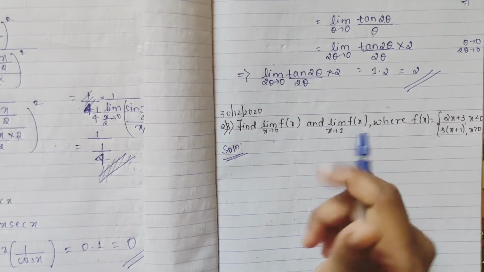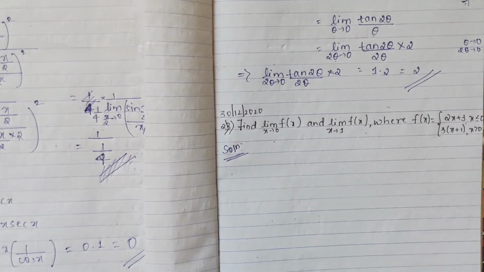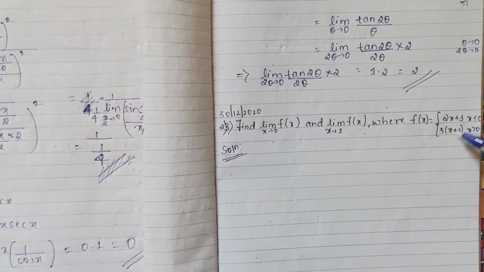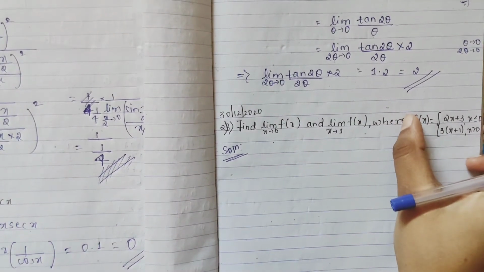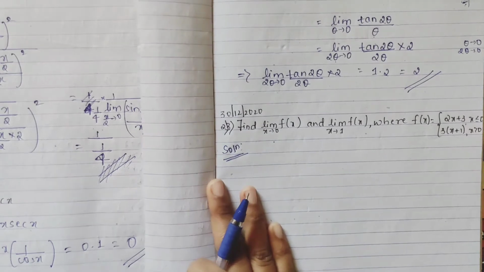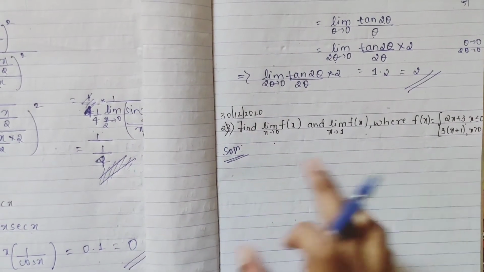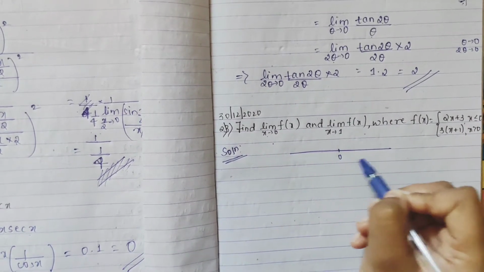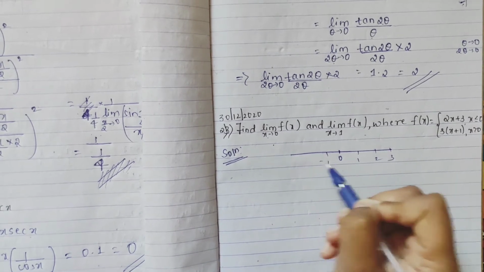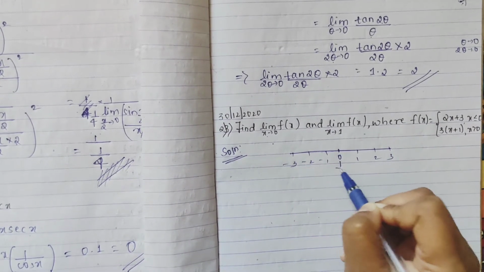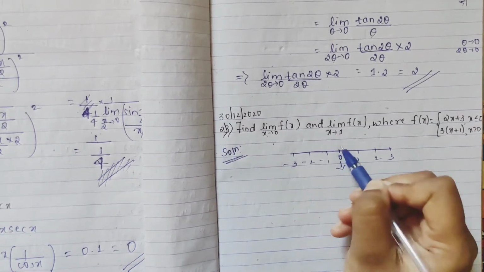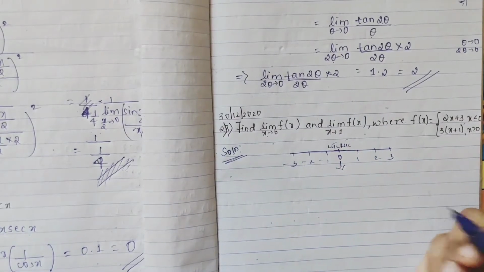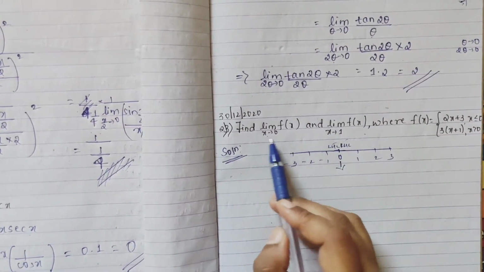As we have studied about LHL and RHL, I had said we are going to use them when you have branched functions. Why branched? Because you have two questions in one, one question with two subparts, and you have to verify it properly. So here how will we check? At x tends to 0. So when is it at 0? 1, 2, 3, minus 1, minus 2, minus 3. At this point you have to check the right hand side, that is RHL, and LHL. If these 3 are equal, then you can tell the limit exists at this point.